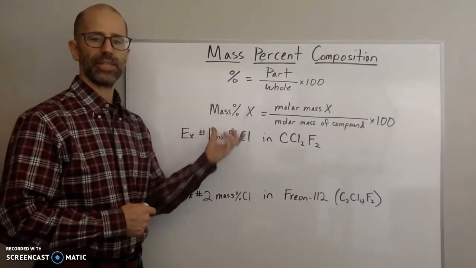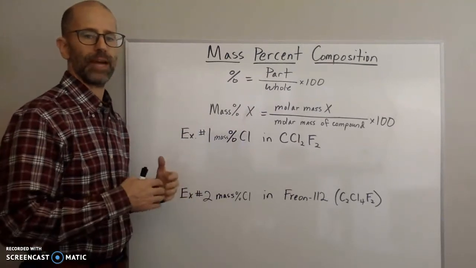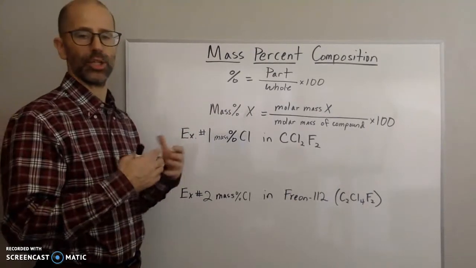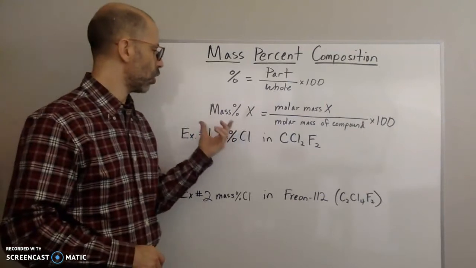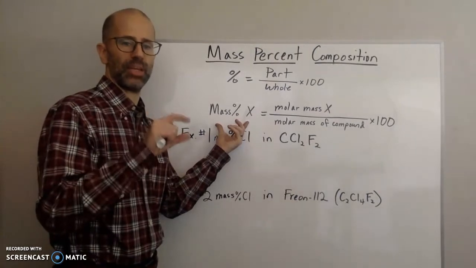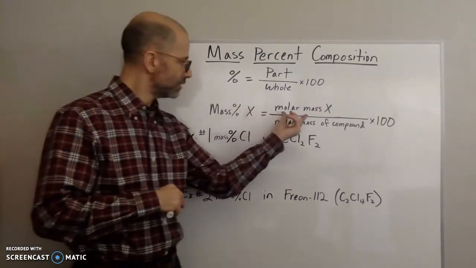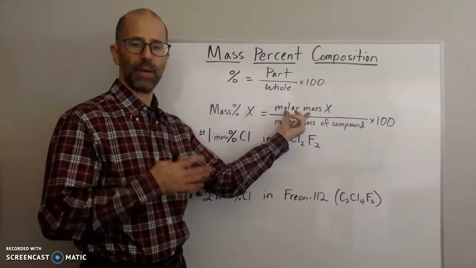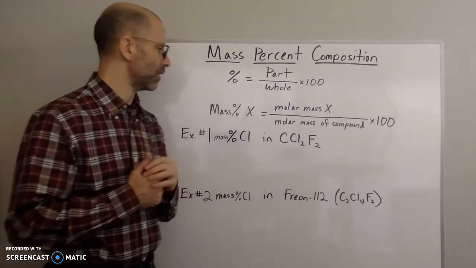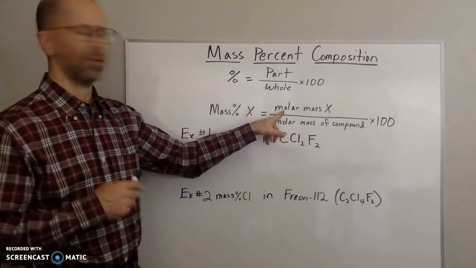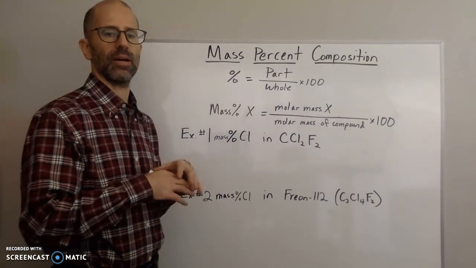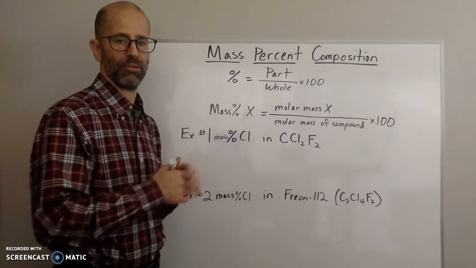So to get the mass percent composition, that's where we're going to find out what the mass percent of an element is in a particular compound. If we know what our compound is, we can calculate the mass percent of each element in the compound by first taking the molar mass of the element itself and then dividing by the molar mass of the compound. Now this is not the molar mass just of the compound, but it's the mass of 1 mole of the